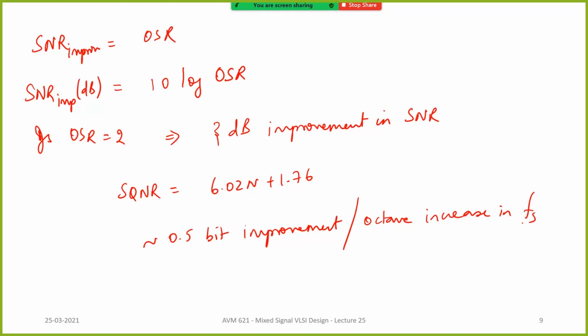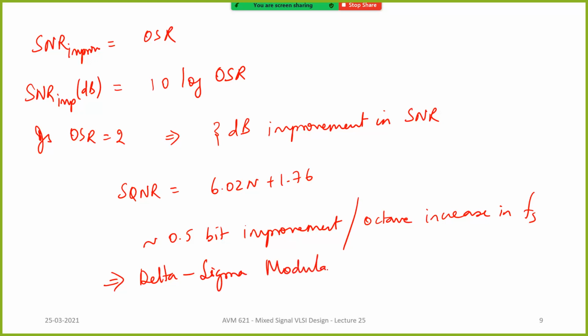nature we are quite greedy. We want to take more than this, right? We want to have more improvement than what can be achieved with this, right? So how to do that? That is what we end up with, what are called delta sigma modulators.